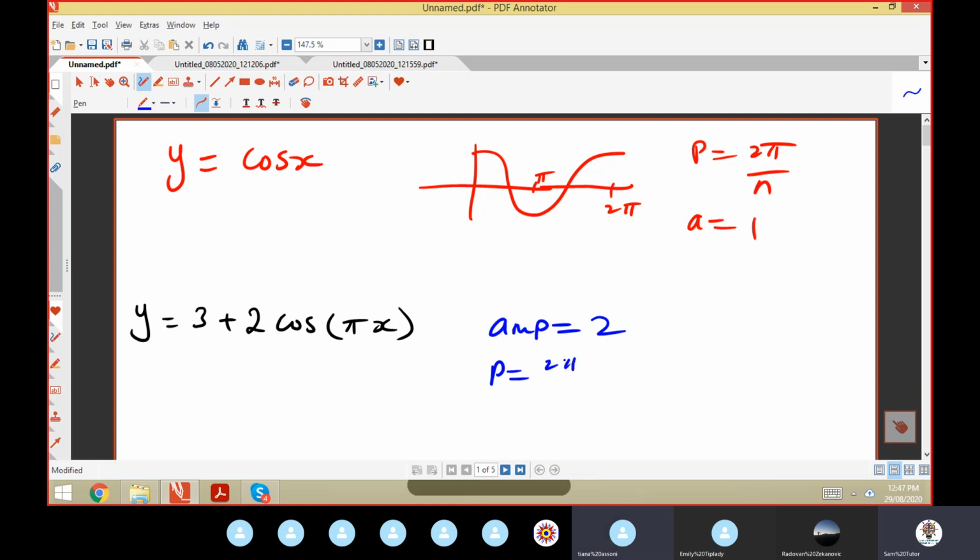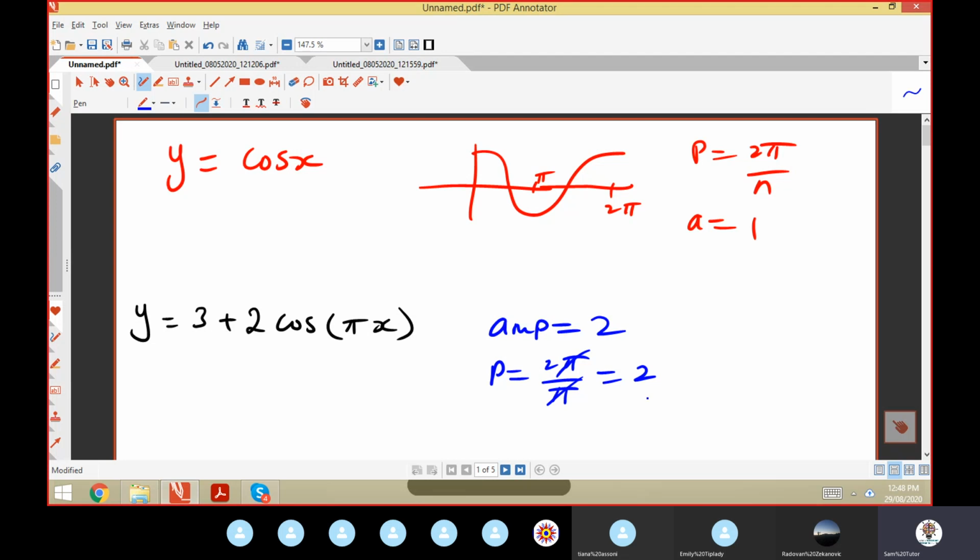2 pi on pi x. Don't say x. N is the number in front of the x. So just pi. So then that gives me a period of 2. So every 2,